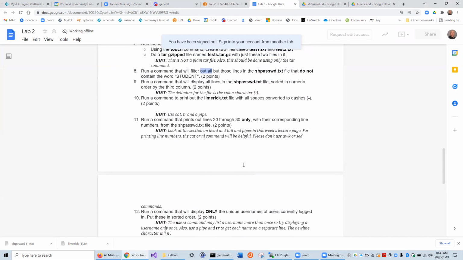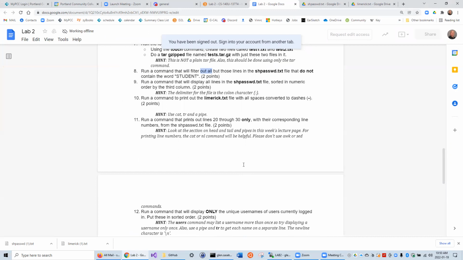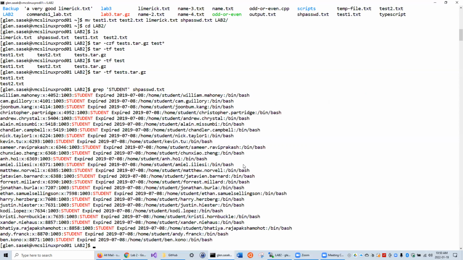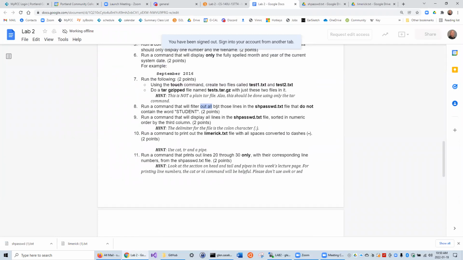The file name is sh. Okay, so that's our file that's in this folder. Let's take a quick peek at what's there. Okay. And then we want